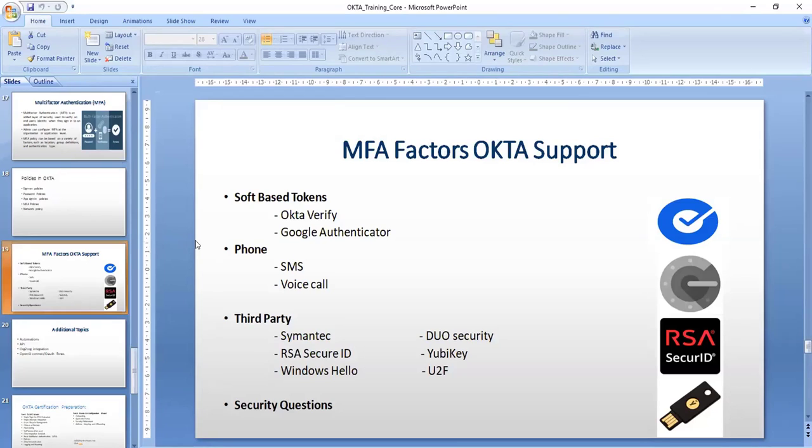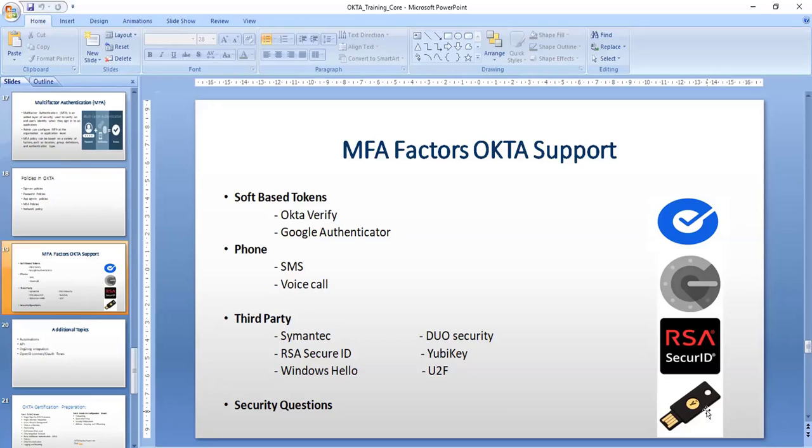So, for example, the hard token looks like this. If you have seen this, you can give a hard token like this and ask the user to perform the authentication with it. Likewise, based on the requirement, you can define it for your organization. And these are the factors that are available.